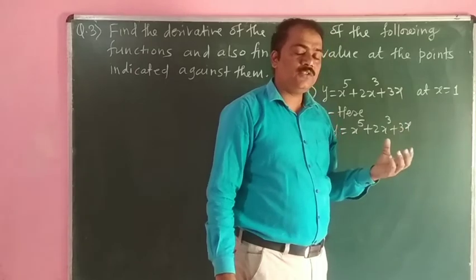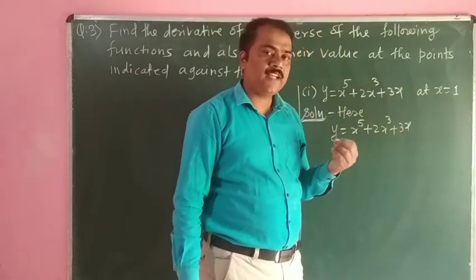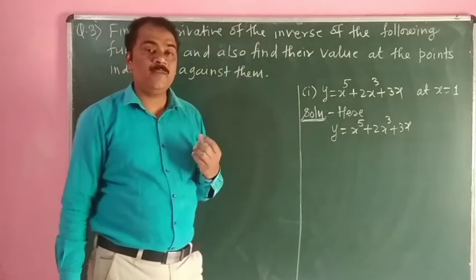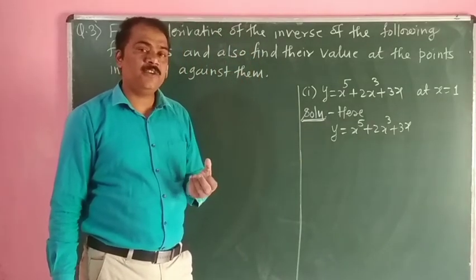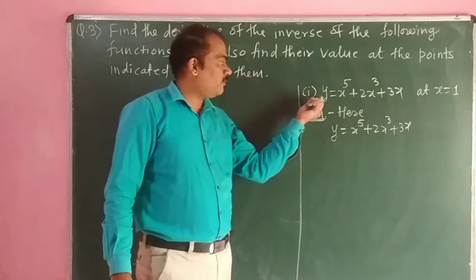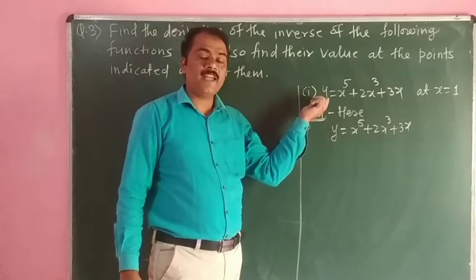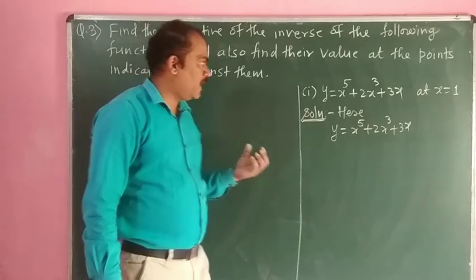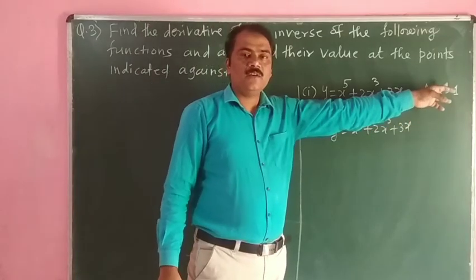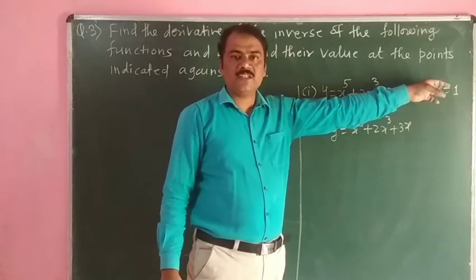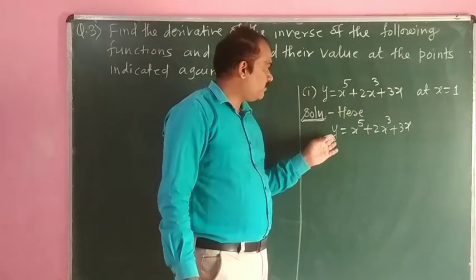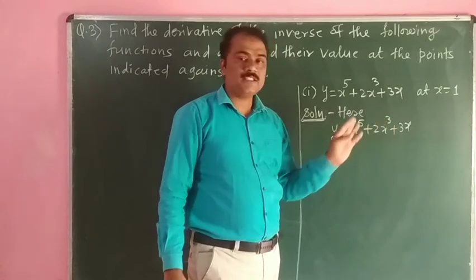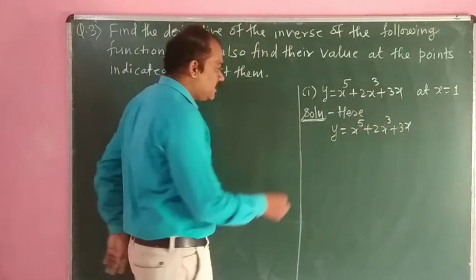When we use x is equal to 1, we can find the value of dy by dx. But here what we have to find is the value of dx by dy. We have to find the derivative of the inverse function. When we have to find the value of dx by dy, we require the value of y. First we have to find the value of y when the value of x is equal to 1. Now here the given function is y is equal to x raised to 5 plus 2 times x cube plus 3x. At x is equal to 1,